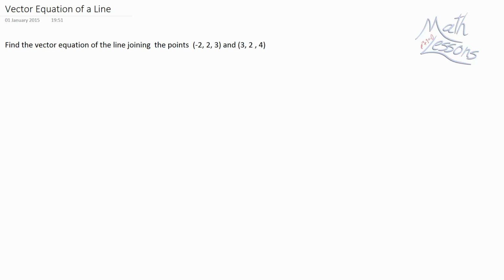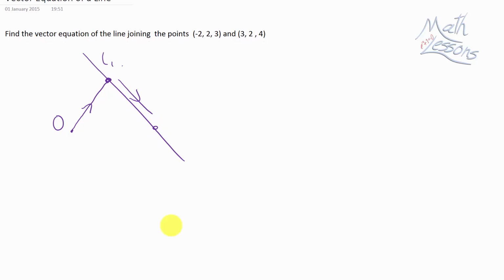Right, we're just going to apply our knowledge of the vector equation of a line to a question. So we're going to find the vector equation of a line joining the points (-2, 2, 3) and (3, 2, 4). If we remember, if we look at the origin and look at our line, let's call our line L1 for example, then the things we need are a vector that gets us from the origin to the line,